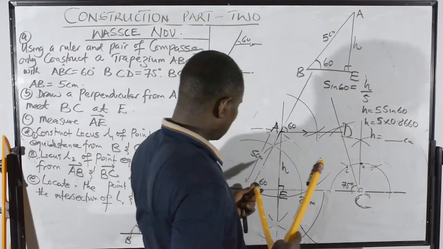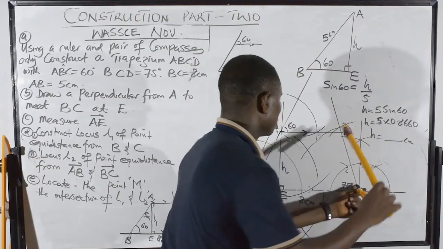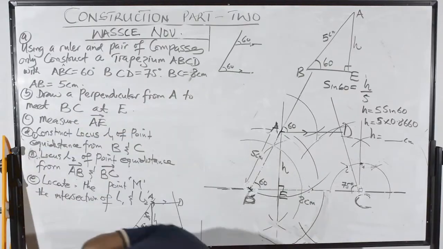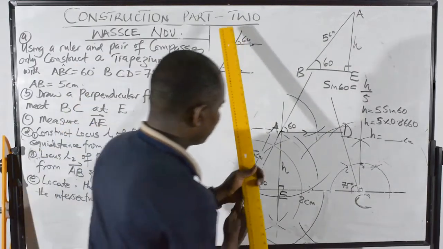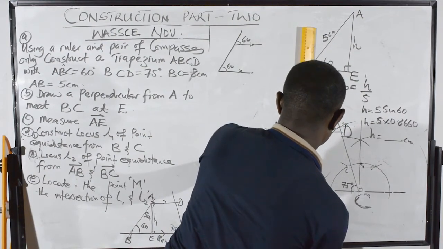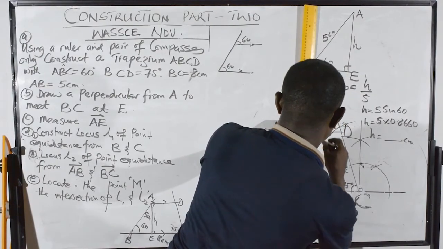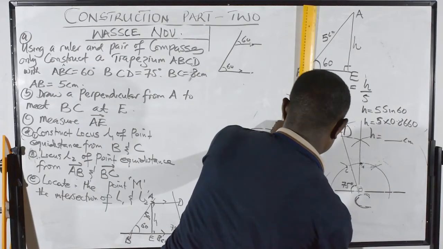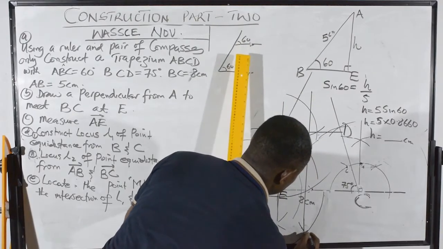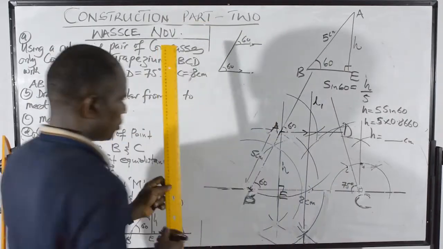Now, if my compass allows, I can do the same up there and here also, like that. Those two arcs will be joined together, so they give you the 90 degrees. It goes straight right from there. So I've got the locus of point equidistant from those points. I've got L1, the locus L1 of point equidistant. So this is L1, and the locus is going through that point.